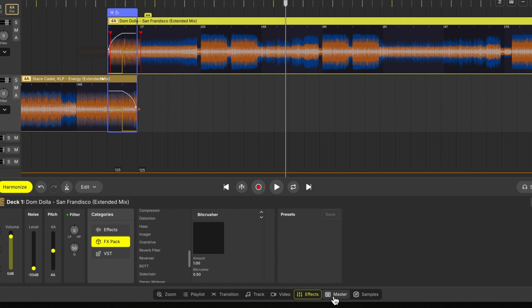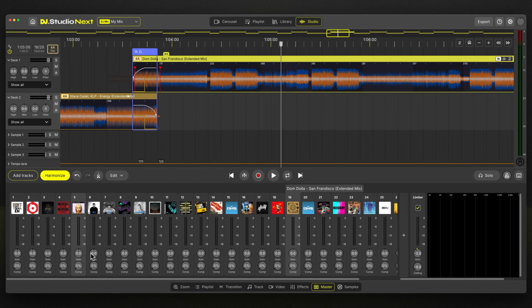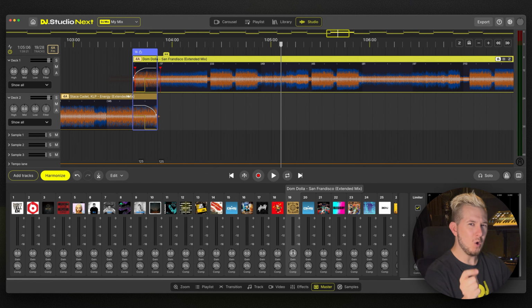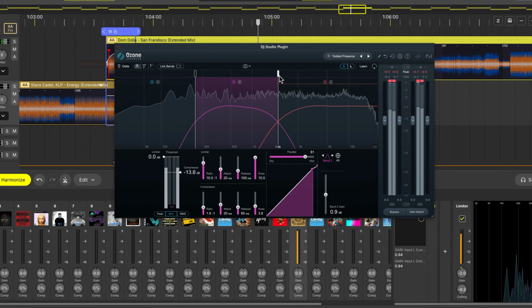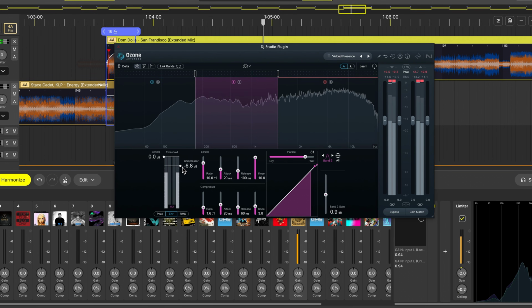The Master tab shows us an overview of all the songs in our mix and any adjustments we've made to their volumes. This is super helpful if your mix contains a combination of modern music recorded and engineered to be as loud as possible, as well as older songs that might sound comparatively quiet and require a boost in volume. There's also a limiter to stop the mix from distorting, and of course we can again add our favorite third-party VST plugins for mastering as well.